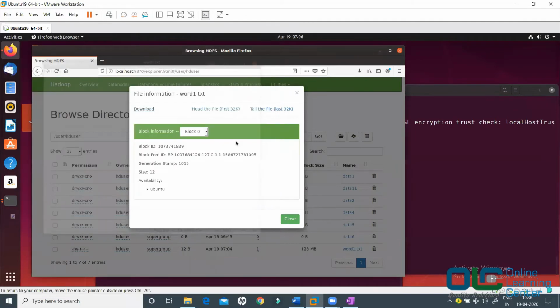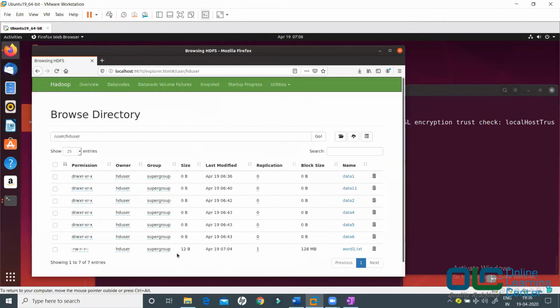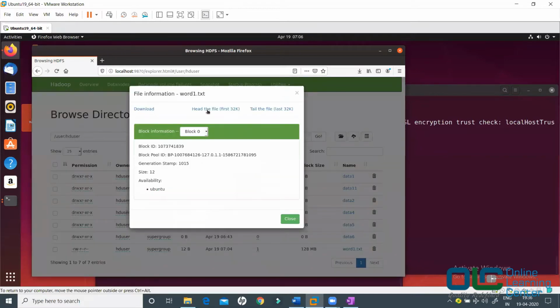But in real time, this file may be of 10 gigs possibly, and the block size will show you 128 MB, right? When you click on it, it may ask, do you want to see the first few lines or the last few lines of this file, and so on.